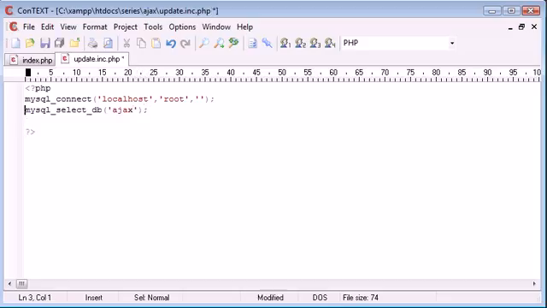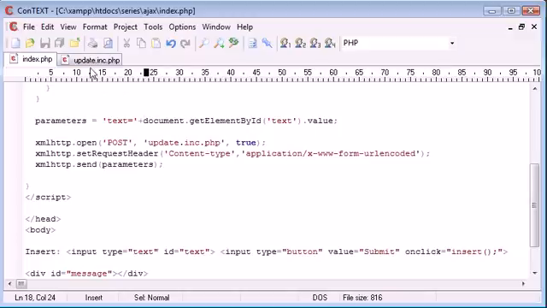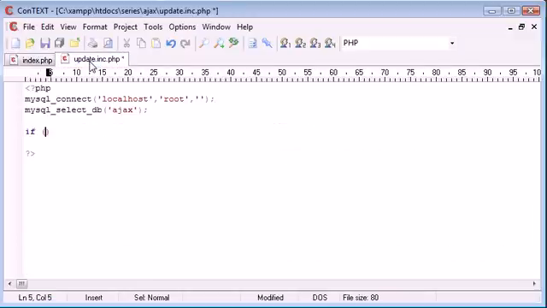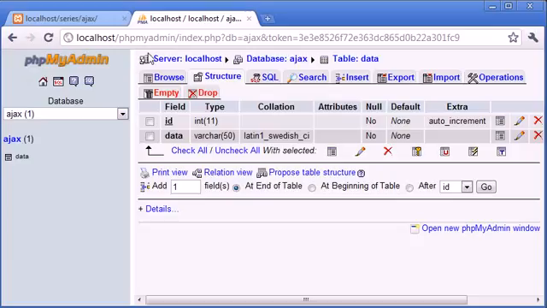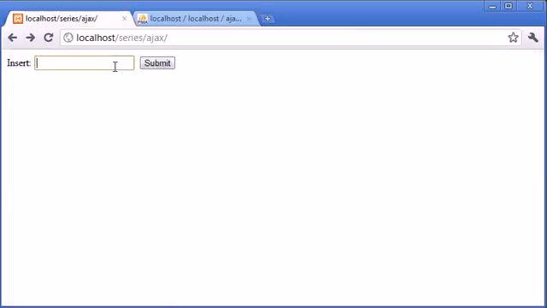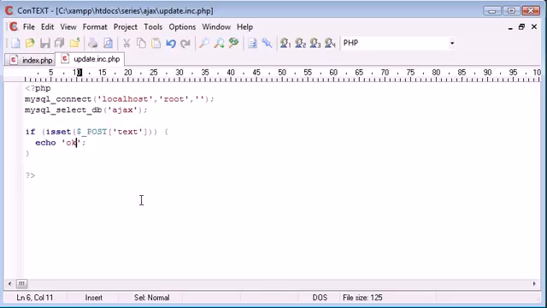Now what we need to do is check if this post variable called text has been set. So we need to say if, and we use the isset here, and we say if isset post text do something, and this something is going to be, just for now, echo out OK, just to check that everything's working. So let's go back here and type in Alex and click submit, and we get an OK back here, so we know that this